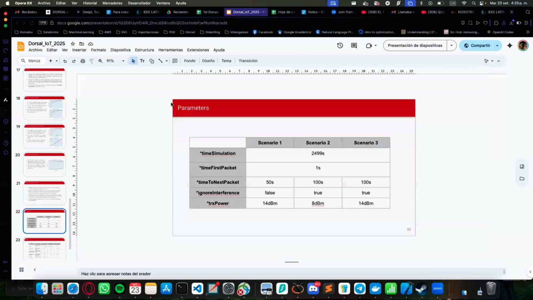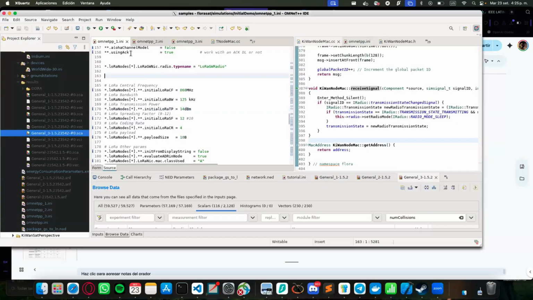Yeah, that's something we will see in the second scenario, because 14 dBm is enough to reach the satellite, but with 8 dBm, according to the simulation, there are some cases where it's not enough to reach the satellite. So if we compare scenario 2 and scenario 3, they only differ in the transmission power. So we will see a different amount of messages received, a different amount of messages that reach the destination. So if we execute,